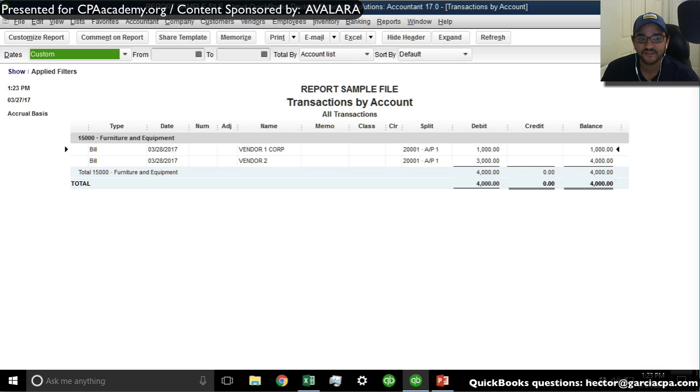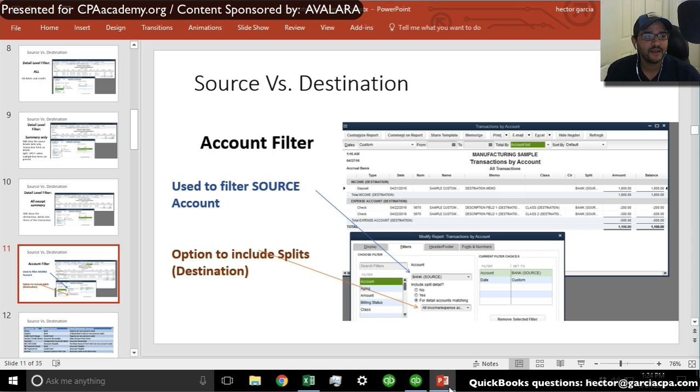Now I could also use the transaction type filter to do something like this, but I have situations on which a client tells me, "Okay, so I want to know which fixed assets I bought from only these two bank accounts, not from the other bank accounts." And that's when it starts getting pretty interesting, right? Because I can choose the source bank account, or I can choose the source payee or something like that. So these are some practical examples on how the account filter is used,